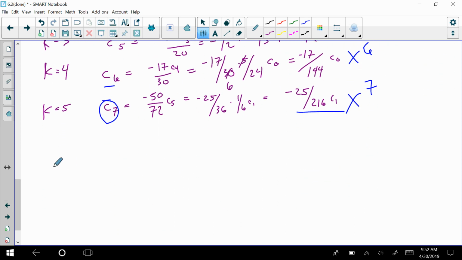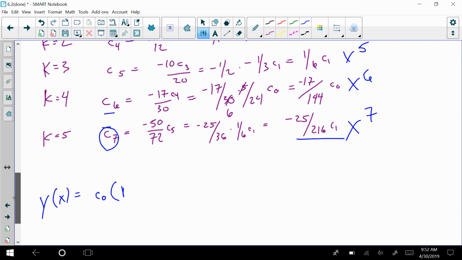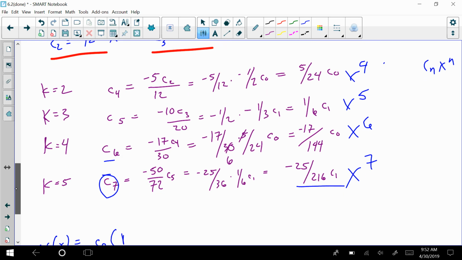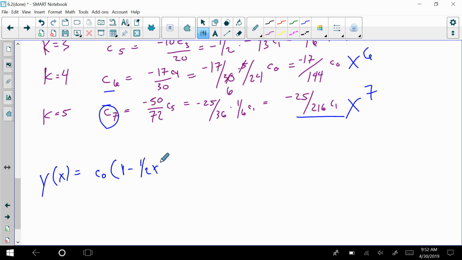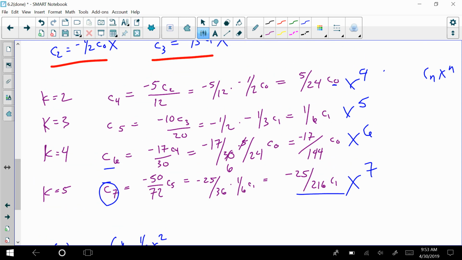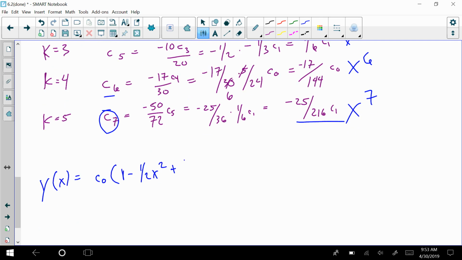But that's simple enough, because when I go to write the solution, that's c sub 0. We always assume that's just a 1 then. Now the next thing I would have is c sub 0 makes up this squared, so it's negative 1/2 x squared. Then after that, the next one I have is the 4th, because it's right here. So that's plus 5/24 x to the 4th, and then I have minus 17/144 x to the 6th plus something,